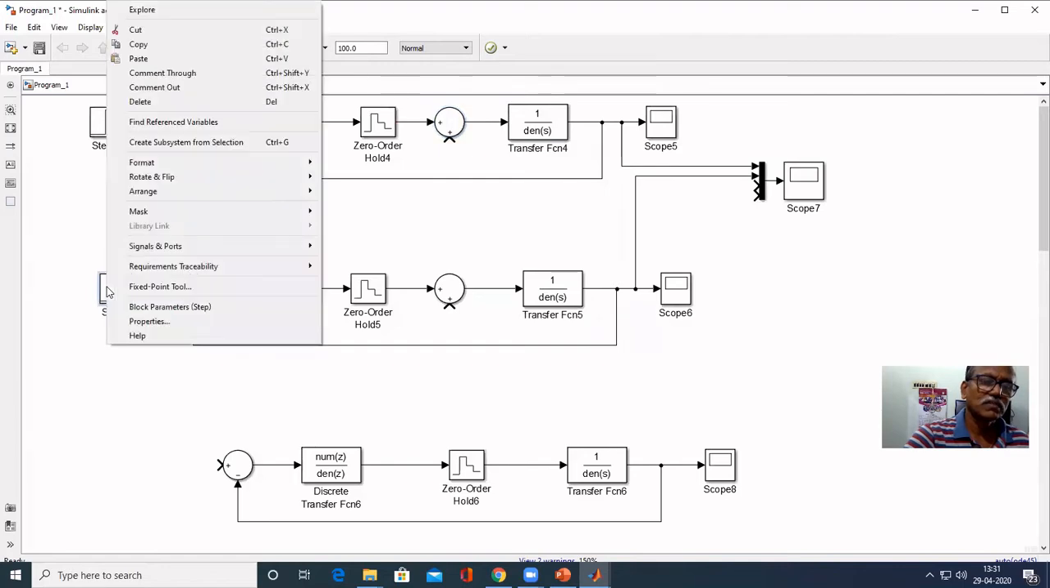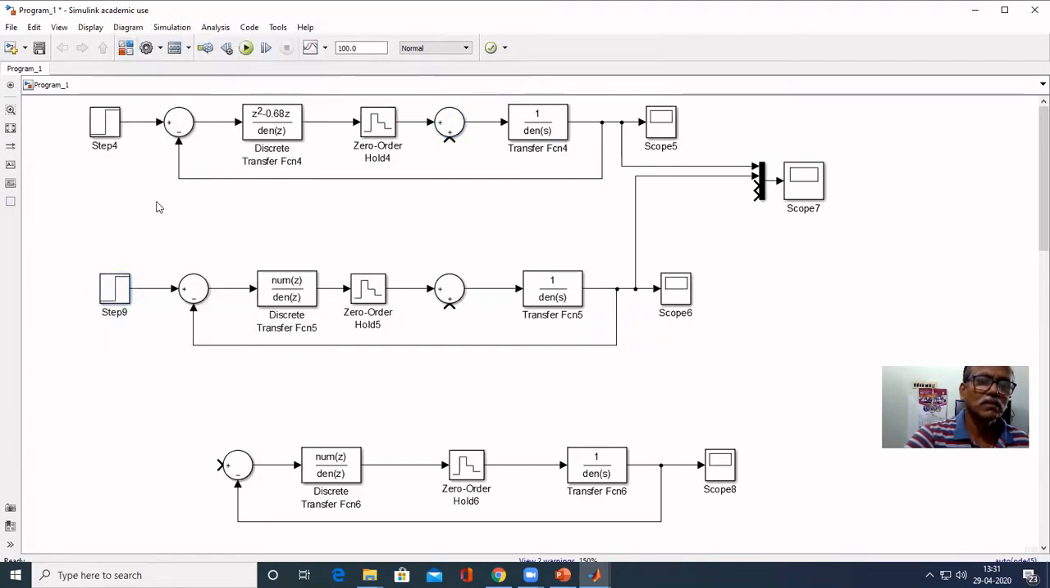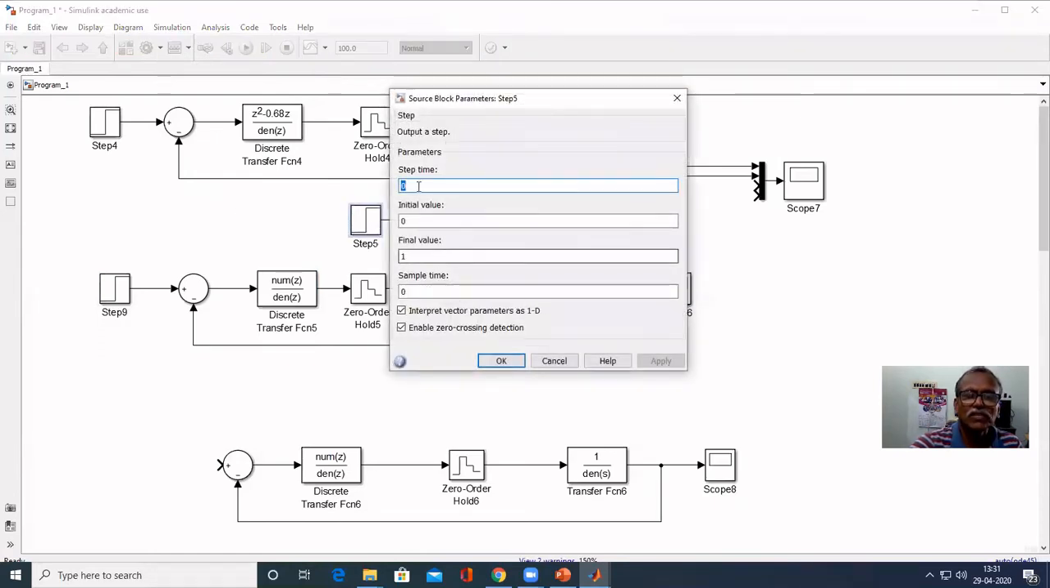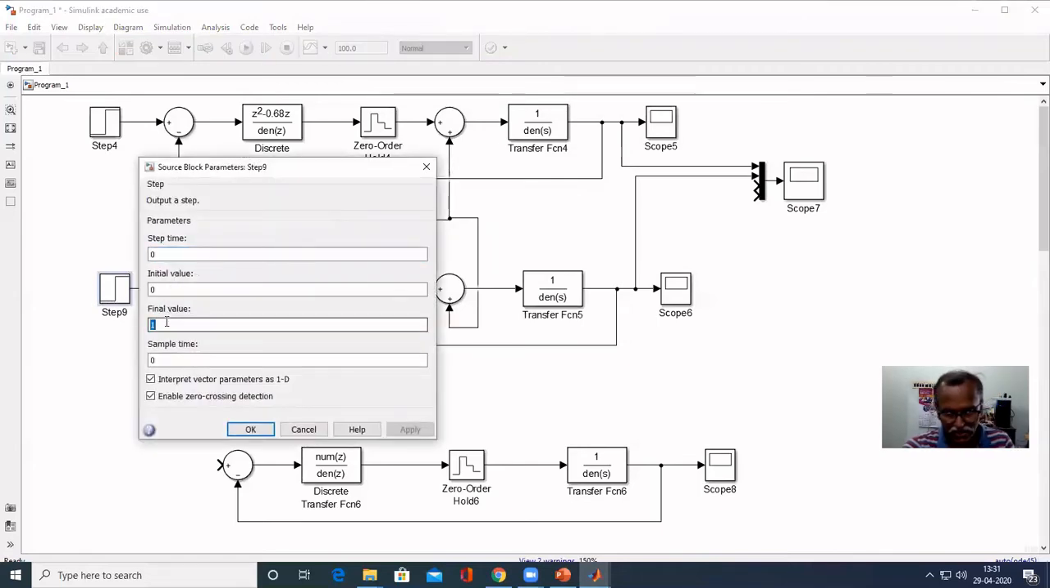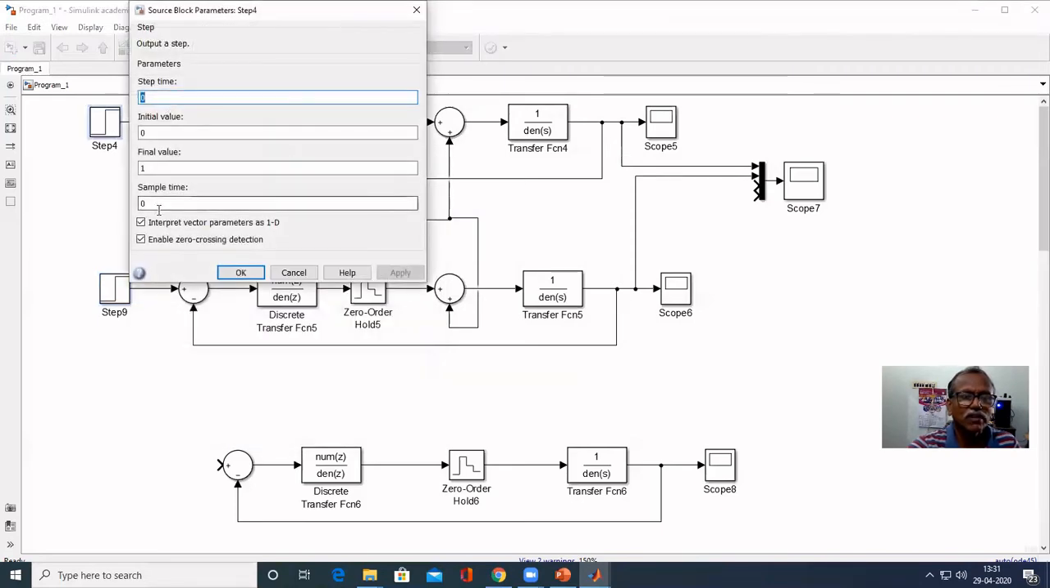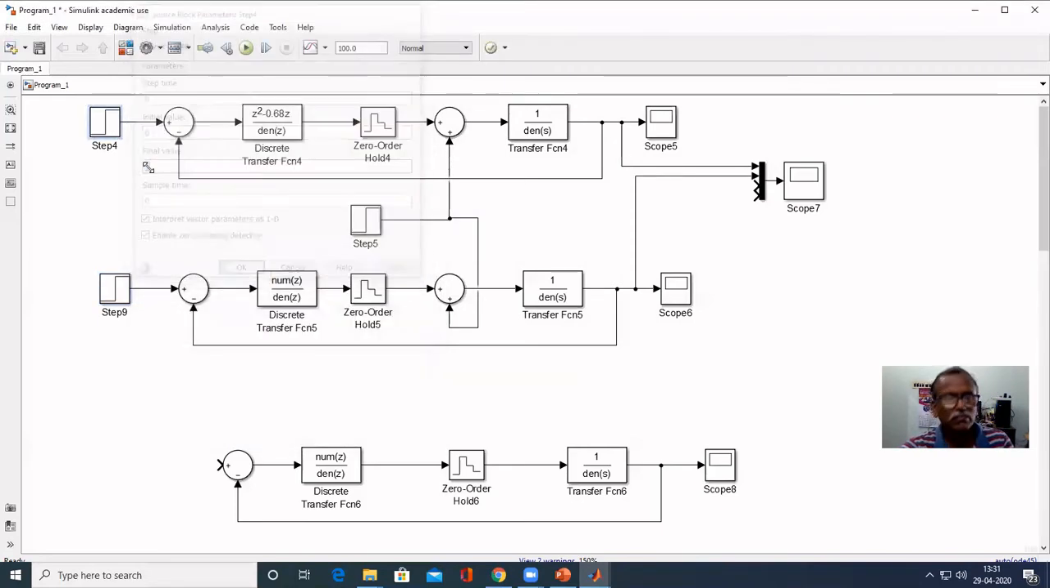Now we have to give disturbance. Copy this and give to both. We are going to give disturbance here. Yes, disturbance is given. Now we gave final value is 1, step time is 0. No servo response, that's why we'll make the final value here 0. And here also we'll make final value equal to 0. So if you simulate,